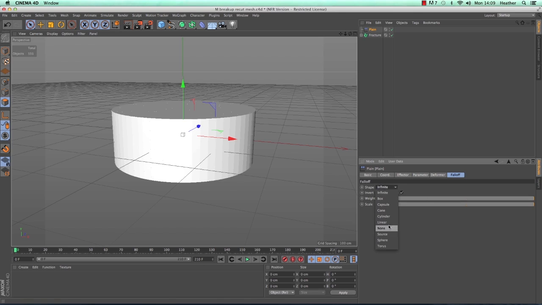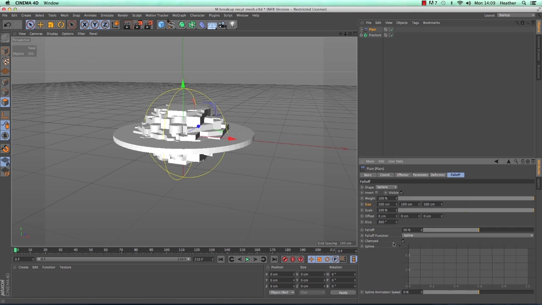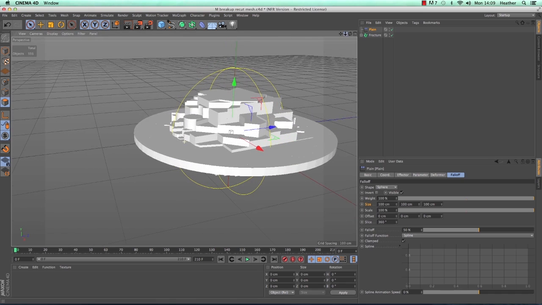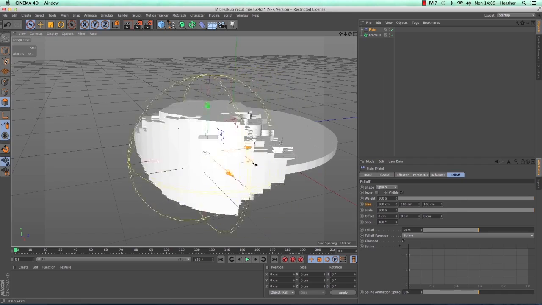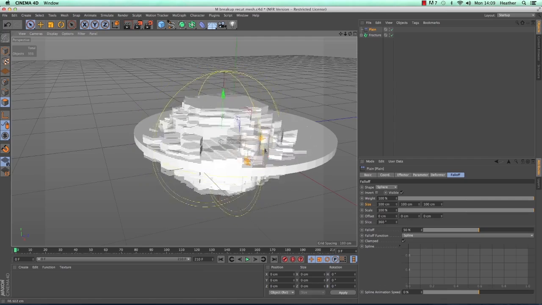I want to change that to sphere, and you should see this yellow spherical cage appear on your mesh, and you can see that the plane effector is only affecting anything that is within this yellow sphere, which is good. I can move this around now and we can animate it and do some really cool stuff with it.